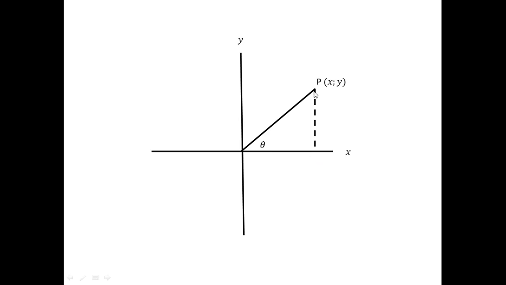Now the sides of this particular right-angled triangle are slightly differently named. This is no longer called the hypotenuse, it is called R. And it is called R because if I take this point P and move it around the origin like this, then the line R actually acts as a radius of a circle. Furthermore, this side here is no longer called the adjacent side, it is called X, because the length of this